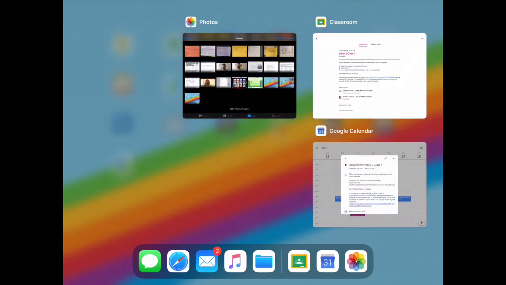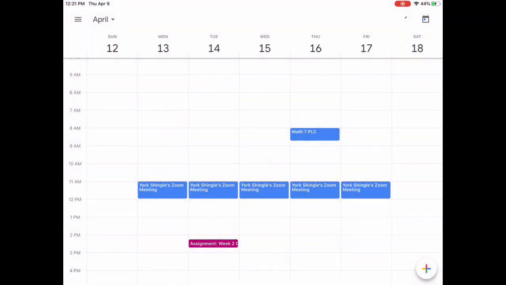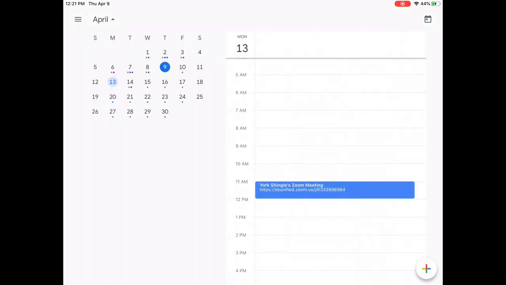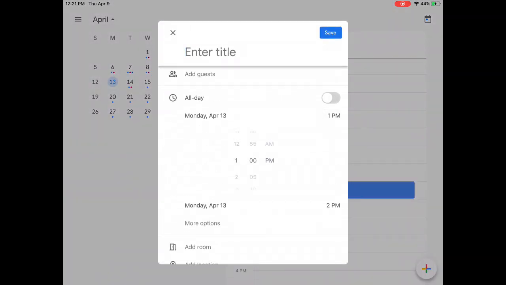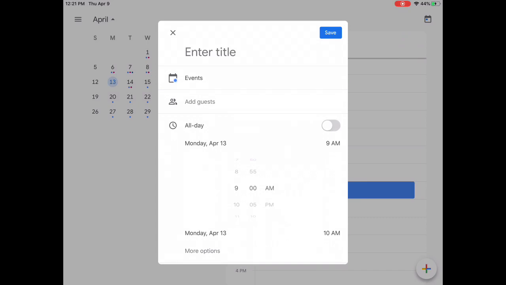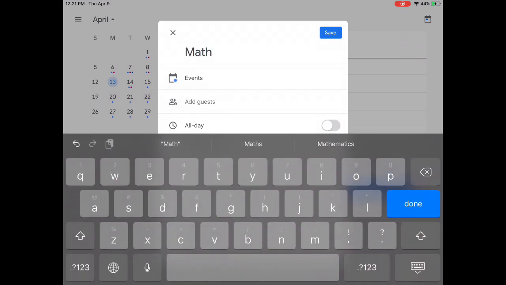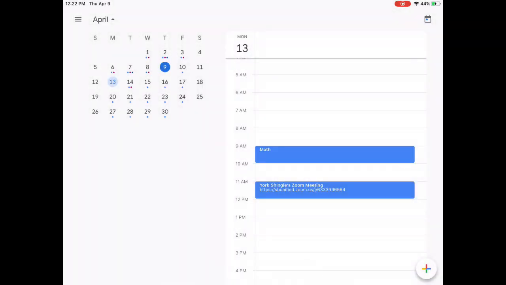If you want, you could even set up a daily schedule for yourself. So if you know, all right, I have math due on Tuesday afternoons, on Thursday afternoons, maybe I want to get a jump on that. I could set up a time right now on the 13th, and I know that I'm better in the morning at focusing on my work. So I'm going to say that I'm going to work on math from 9 to 10 on Monday. I'm going to say math. And then I can refer to Google Classroom.